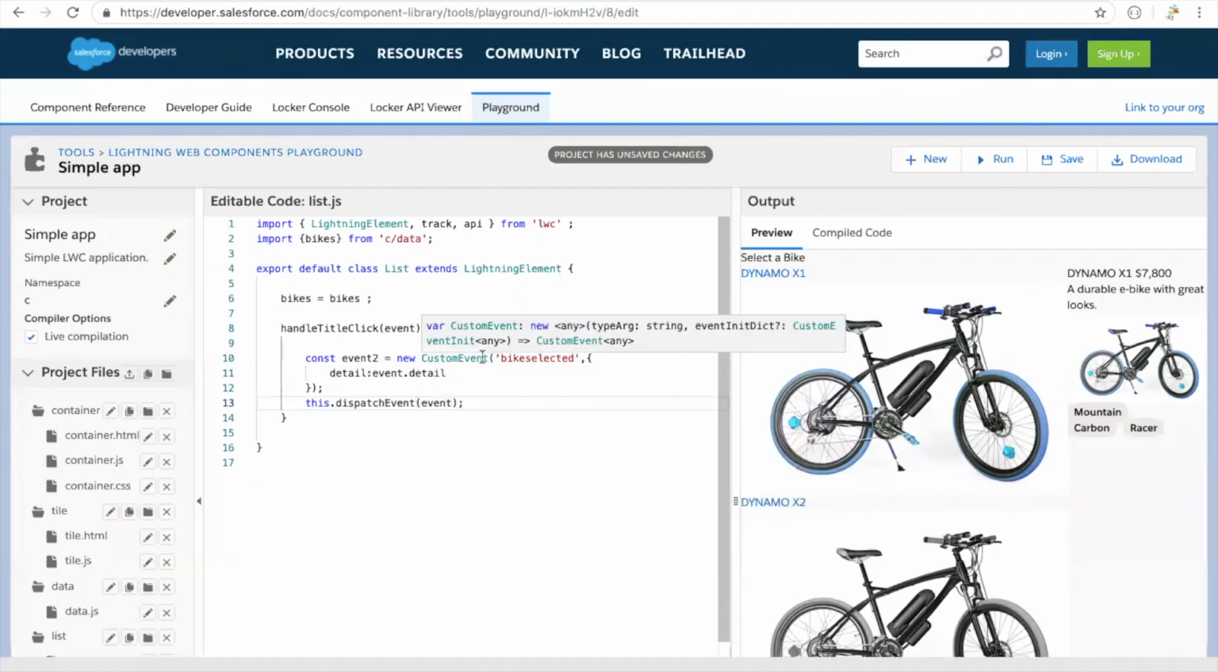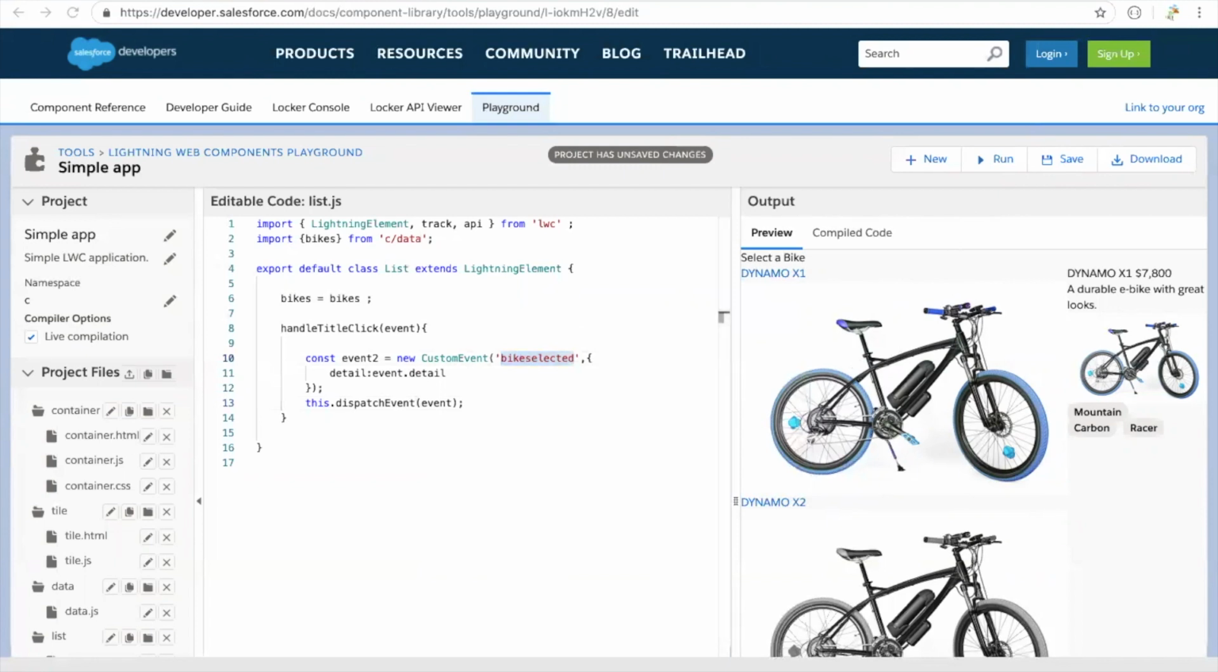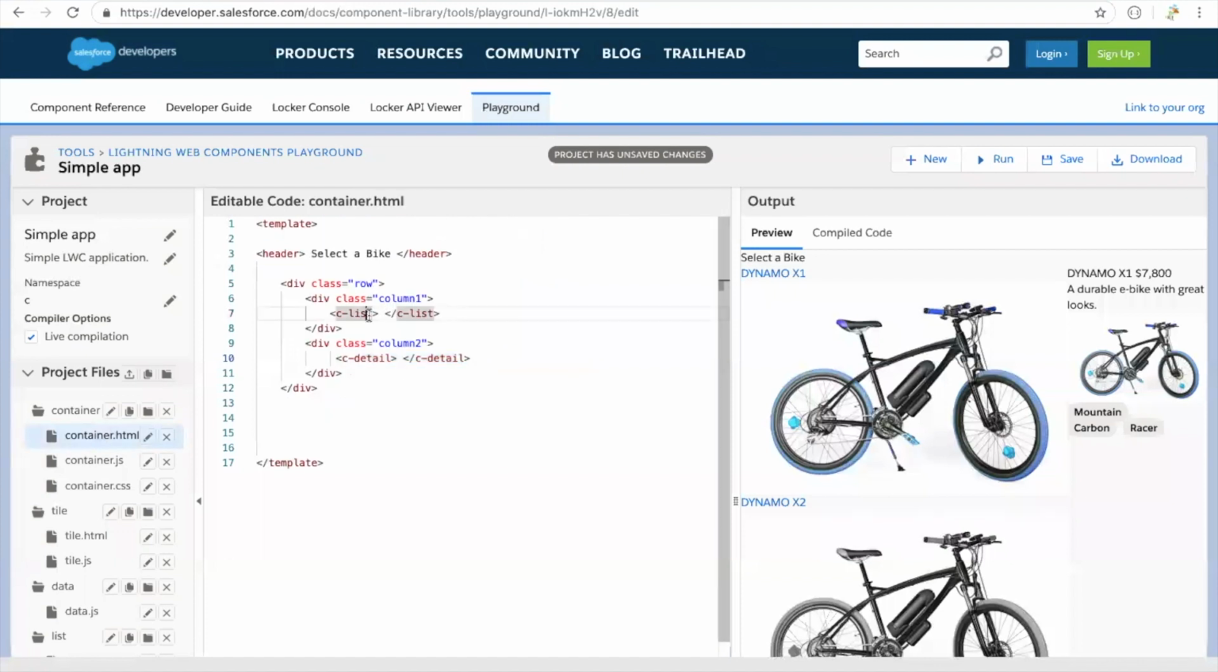Perfect. So what happened is I clicked on this one, the event went to the list component, got that event, and the list component is going to use that event, which is bike selected. So let's see what we have here. The parent of the list component, in our case, let's see, where is the list? So the list component's parent is the container. Let's have the bike selected here. So I go on the container, this is the list. And now all I'm going to say here is